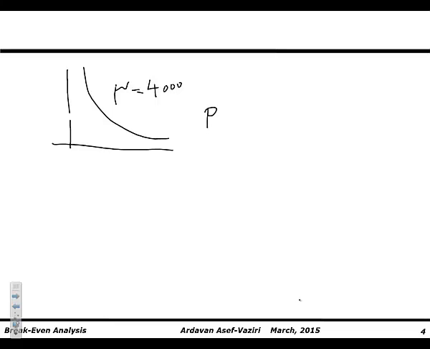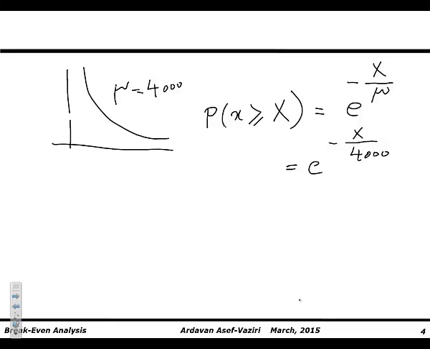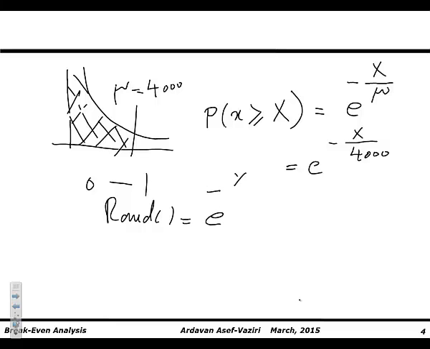In exponential distribution, probability of an x to be greater than or equal to a specific x is equal to e to the power of negative x divided by mu. So this probability is equal to e to the power of negative x, which we don't know what it is, divided by 4,000 in this case. But we know something. We know that this probability is between 0 and 1. And we can find the random probability by generating a random number, which is between 0 and 1. Therefore, a random number could be equal to e to the power of negative x divided by